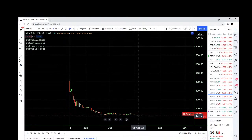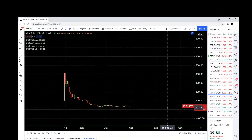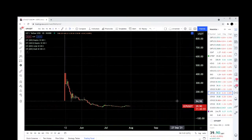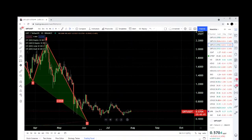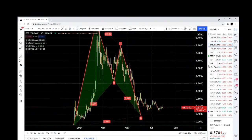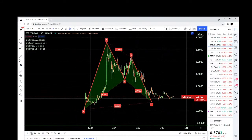I don't want to take my eye off this thing because it's starting to base. And you spend a good 30 days, 60 days going sideways, and you start to build from there. It wouldn't take much to get this thing back to 100 or 150. There are several of these that are like that. Here's the other one, The Graph. I mentioned this before, and this was one of the ones I mentioned a while back that represented everything about the all-time M and W formation